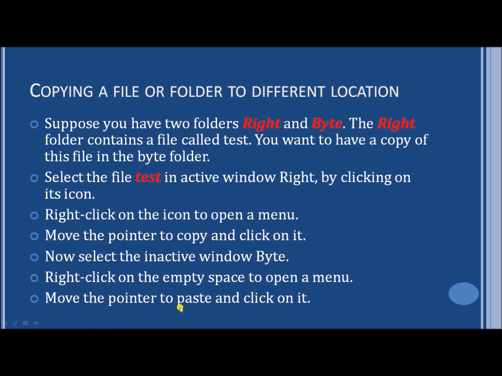By clicking Paste, the test file, which was previously in the write folder, has also been placed in the byte folder by doing this whole process.